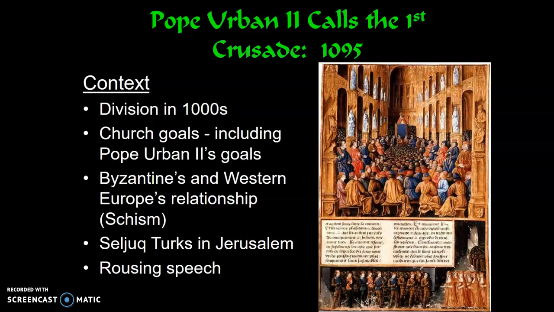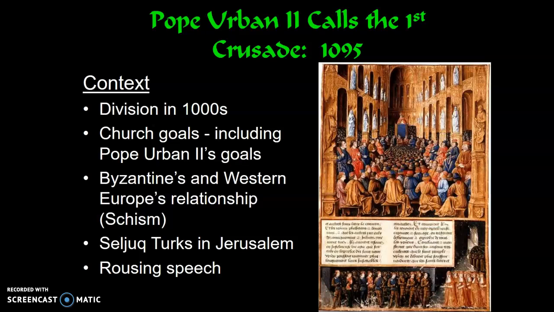We have a few sources from people who were saying that they were there, and they recall, in some cases decades later, what Pope Urban actually said. So there's probably a variety of different versions of what Pope Urban said. Some of the versions specifically address an us and them framework, where Pope Urban describes the Franks as a single race and the Seljuk Turks as a vile race that needs to be fought, and that ultimately the Seljuk Turks are defiling Jerusalem, making it not only hard for people to pilgrimage, but there's language in Pope Urban's speech that there's actually defiling of the Church of the Holy Sepulchre, which is significant in Christianity.